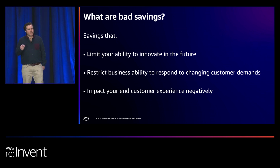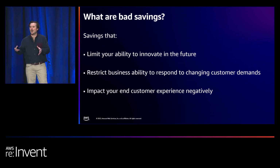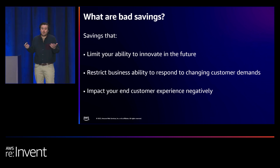Restrict the business's ability to respond to customers' demand. The other thing that I saw which really hurt, because we spent a lot of time helping customers move from on-premises into the cloud and then modernize. But the reality is, let's be honest, in that process of modernization, you're often double paying for at least a